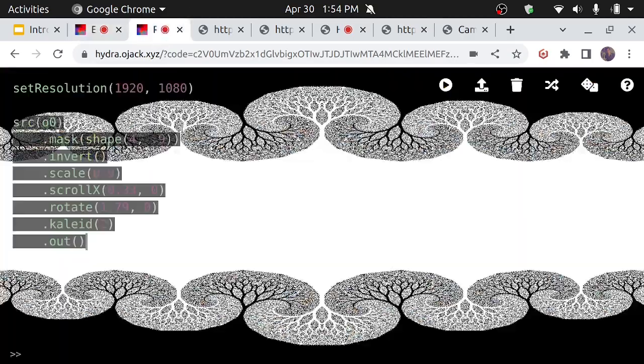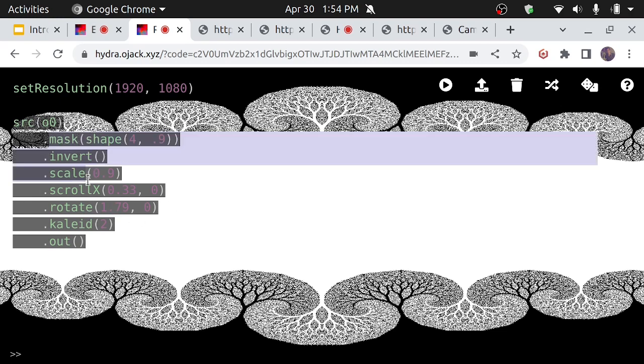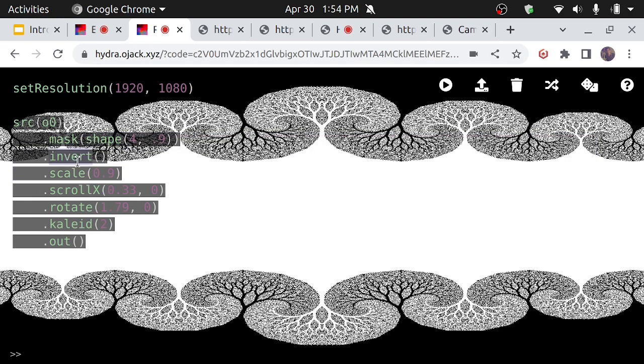There is this one that I found. It was one of the first fractals I found in Hydra. It's this cool tree of life thing, and the ground and foreground are all just this tree, and that is just the things that we're talking about here. We're inverting, we're scaling, a little bit of scroll, a little bit of rotate, and some kaleidoscope, and you get this pretty common tree of life thing that shows up in a lot of